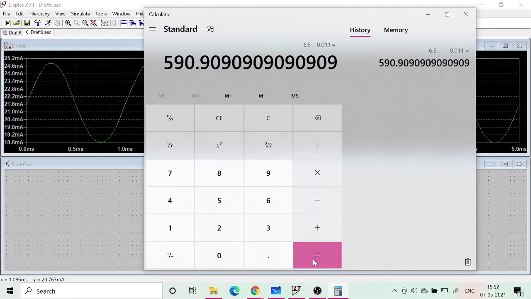Okay, so for that operating point we get current gain beta as 590. When we take the ratio of these variations of current, the beta that you get, we call it by a slightly different name: AC beta, beta with the suffix AC,